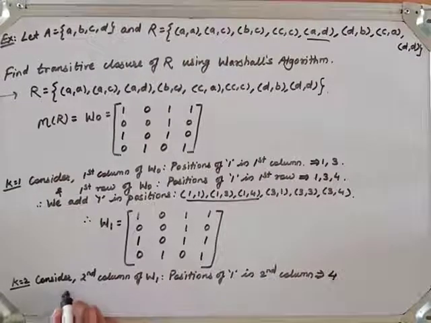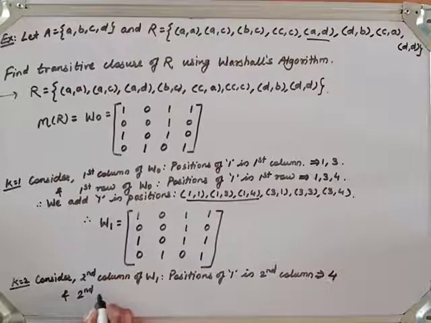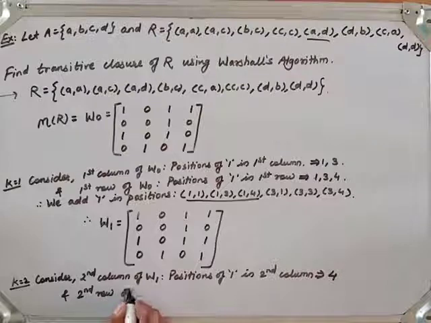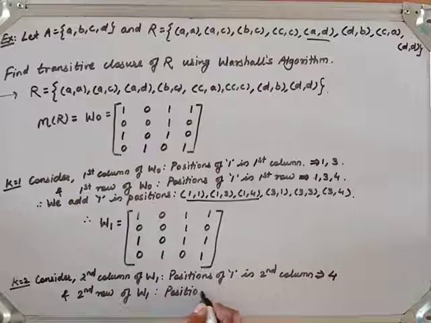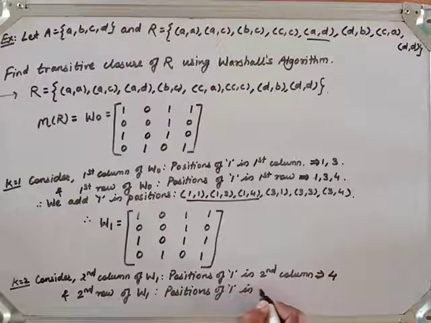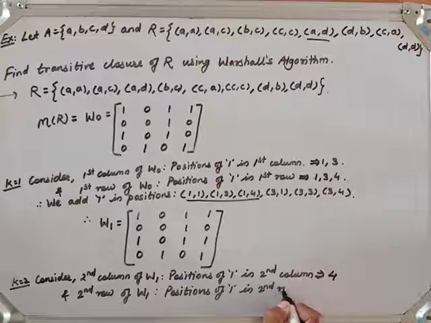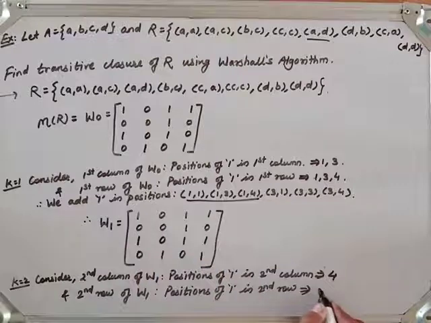Now consider the second row of W1. Positions of 1 in the second row are where? At the third position. Fine. Therefore